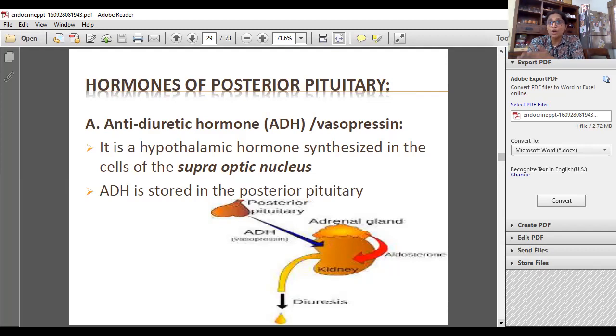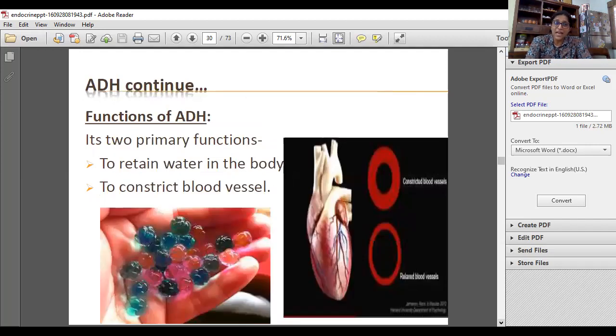It regulates the water balance of my body. It controls the outflow of fluid. So it presses the blood vessels. And the moment the blood vessels are pressed, the GFR reduces, and so does the formation of urine. It is a very, very important hormone in conditions like excessive outflow of fluids from our body. The body immediately senses the dehydration and ADH starts getting secreted. So it is in a way a life-saving hormone. It has two primary functions: to retain the water in the body, and to constrict